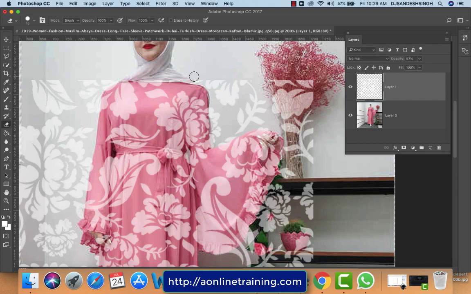You have to remove it very precisely with the eraser. I suggest zooming in so you get an idea of where you have to remove the texture. The same process continues to remove the texture that falls outside the range of the dress.